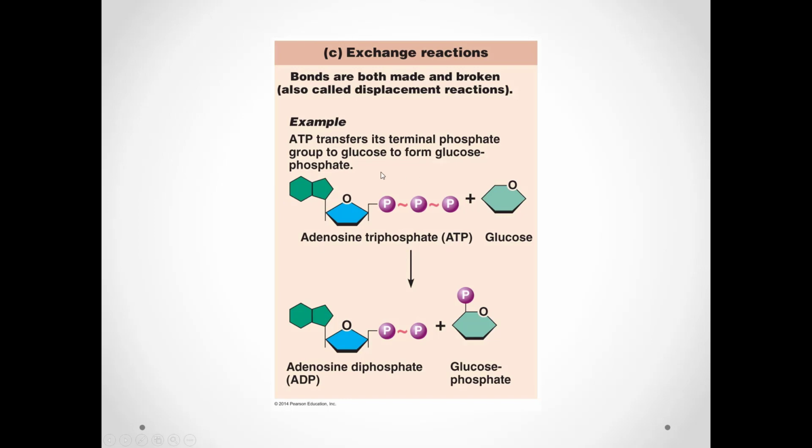When we have ATP, here is our ATP molecule with three phosphates on it, and here I have a glucose molecule. What I want to do is take something from my ATP molecule and hook it onto my glucose molecule. So I'm going to take a phosphate group off. I'm going to break this red squiggly bond right here, and a bunch of energy is going to be donated to this glucose molecule so it can do whatever it needs with it, and it's going to have a phosphate attached to it. Then what I'm left with here is adenosine diphosphate. So I have two phosphate groups on here, so it's not tri anymore, it's diphosphate. Okay, so that's an exchange reaction